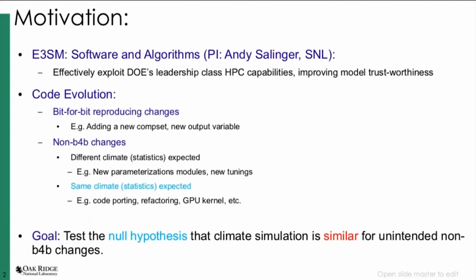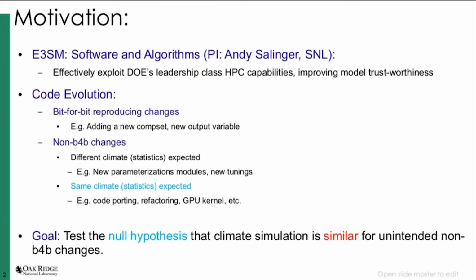But then there are cases where you just want to change something to improve the efficiency of the code, for example, by refactoring or putting it on a GPU kernel, maybe porting it to a new machine, where you don't want the climate to change and you don't expect it to change, but there might be issues or bugs that might change the climate statistics. So our goal here is to have a test for the null hypothesis that when you change something that is causing an unexpected bit for bit change, there is no actual change in